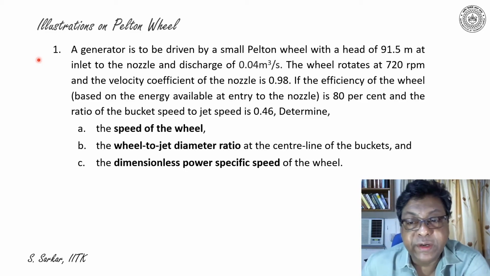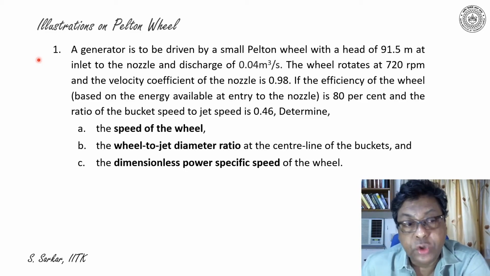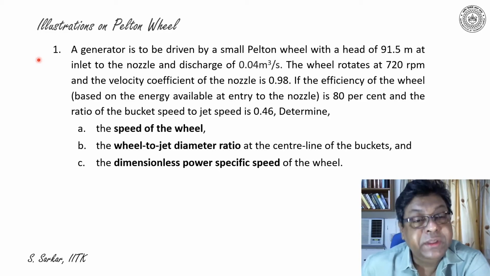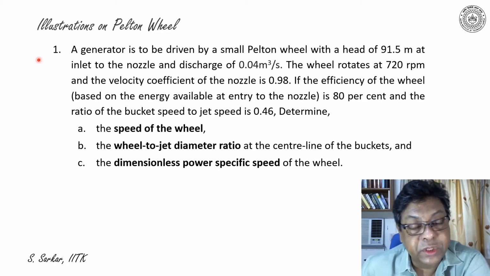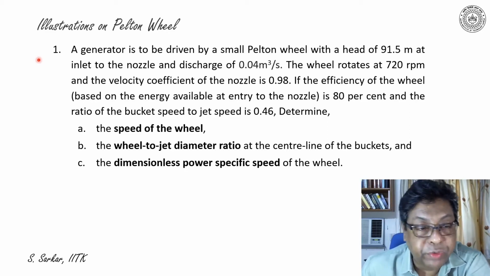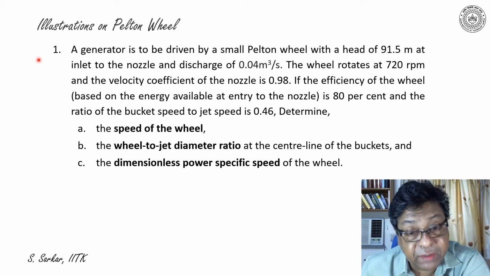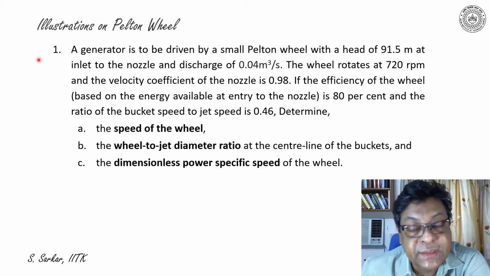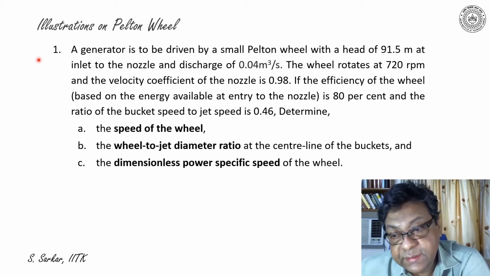The wheel rotates at 720 RPM and the velocity coefficient of the nozzle is 0.98. If the efficiency of the wheel based on the energy available at the entry to the nozzle is 80%